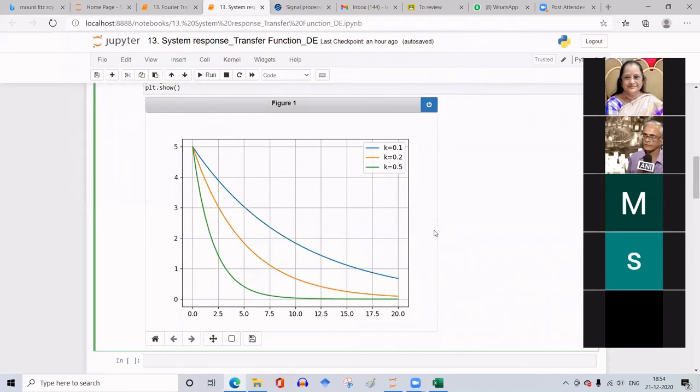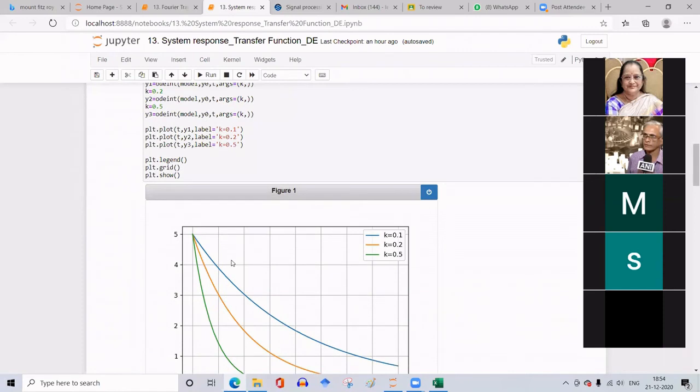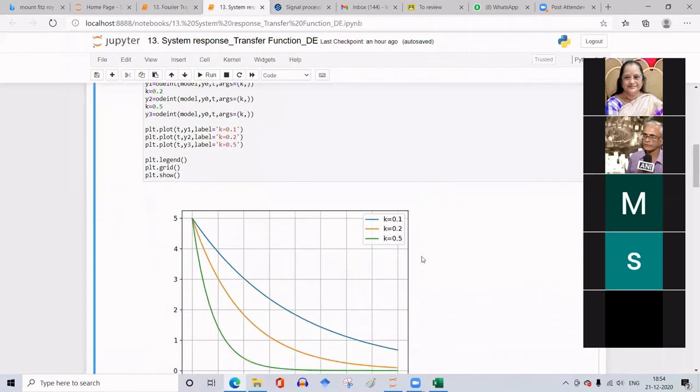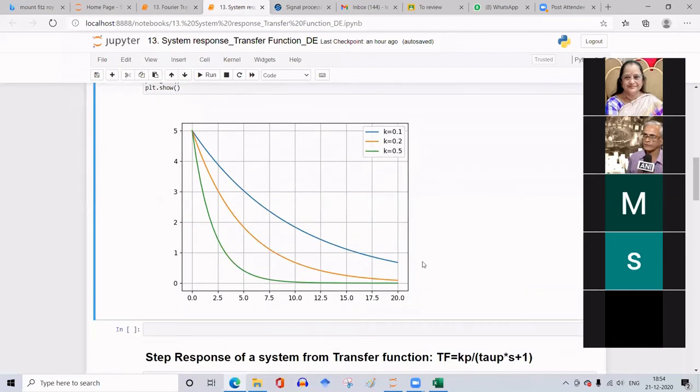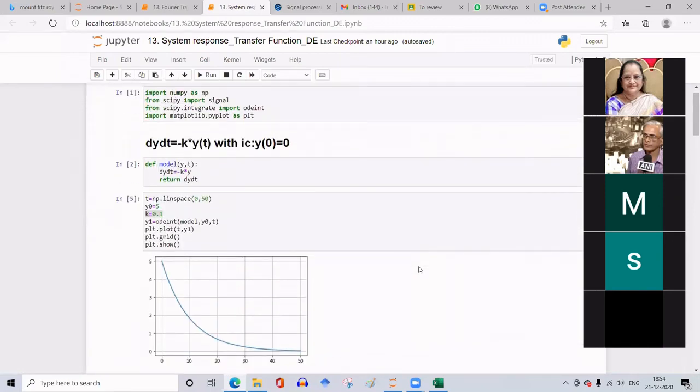Okay, so that is about one more way in which we can call the model with different parameters which are included in this model definition, and how we can get the graphs independently and plot them on the same graph sheet like this.